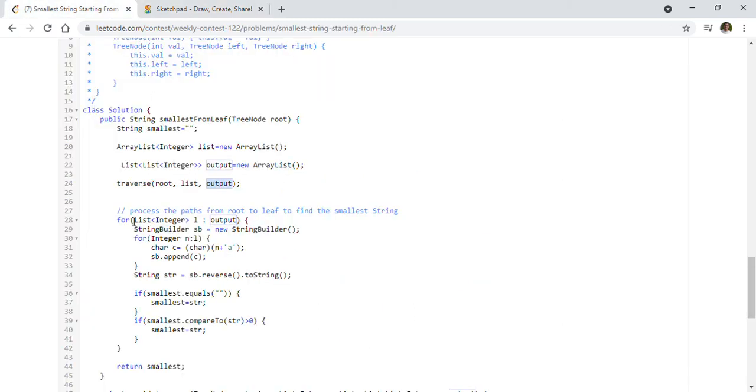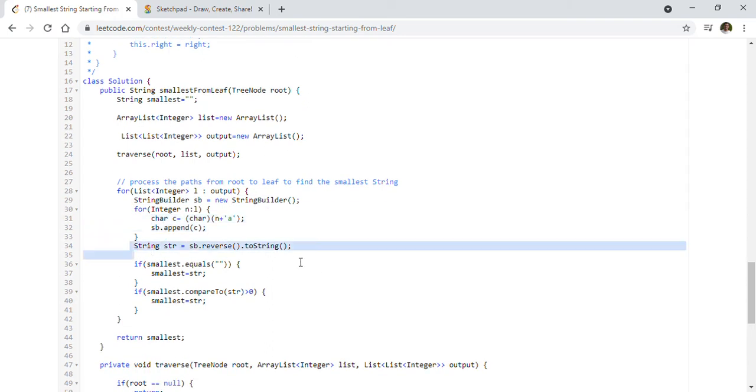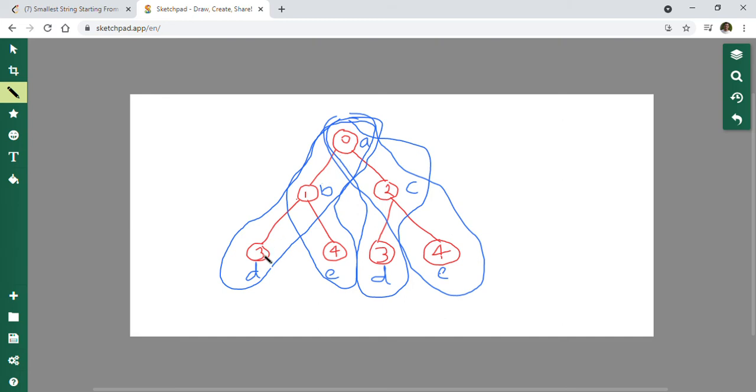Those paths we get into the output, and I traverse the output list using a string builder, converting the integers into characters. I use the string builder's reverse method to get the actual string, because we want the string from the leaf to the root.